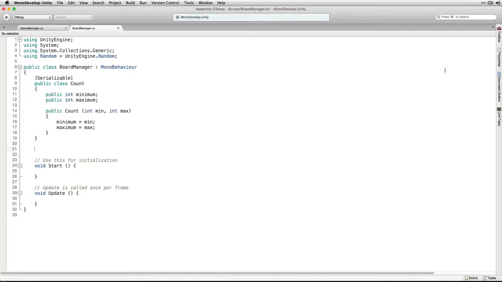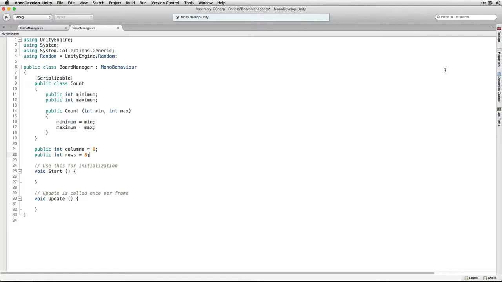Next, we're going to declare our variables. We'll start with our public variables. The first two will be an integer for columns and an integer for rows. These will delineate the dimensions of our game board and will allow us to make our game board larger or smaller by changing them if we want to. In this case, we're going to initialize them each to 8, meaning we're going to have an 8 by 8